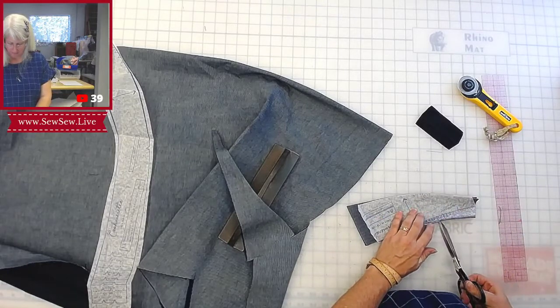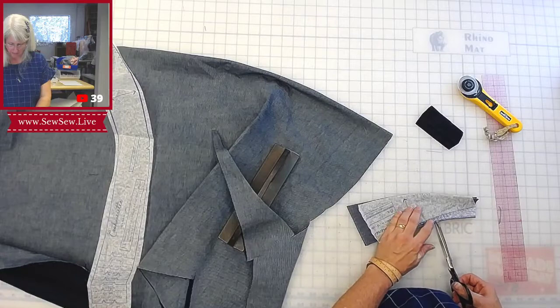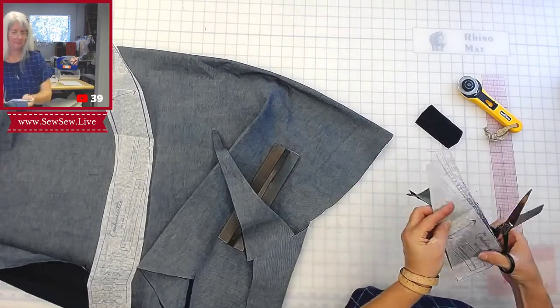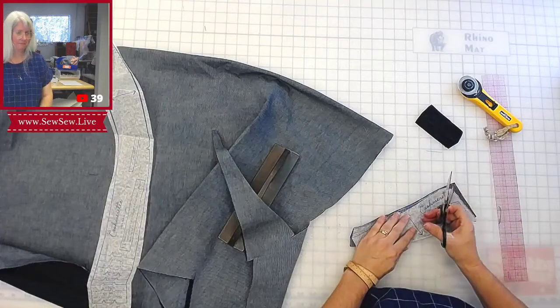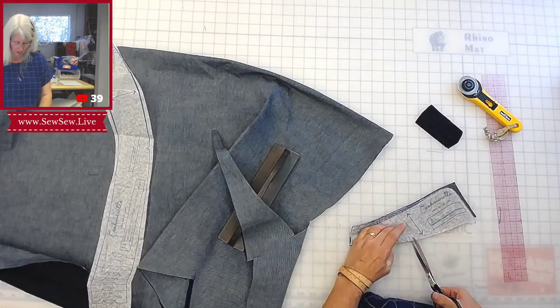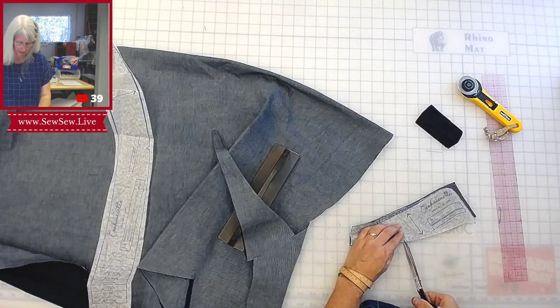This has the belt loop mark. I think I'm putting belt loops on. Yeah, that's what I'm wondering. I think jegging fabric does sound kind of...